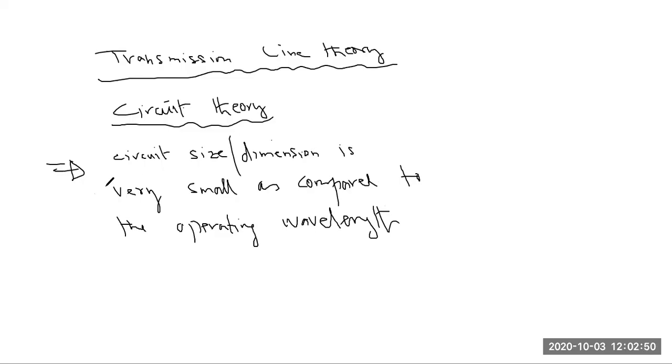So your circuit theory is valid only because the size of the circuit that you are using is very small as compared to the wavelength. And the reason is that we have this simple relationship between velocity, wavelength, and frequency. So wavelength is equal to V by F. In circuit theory, because frequency is very small,